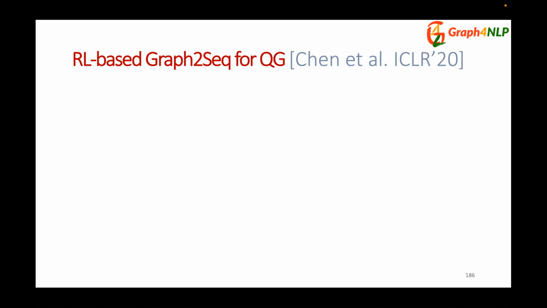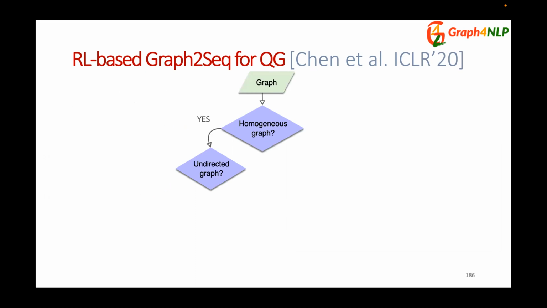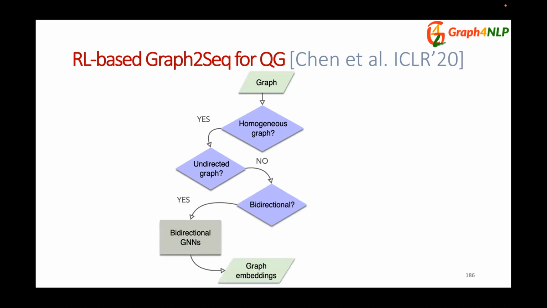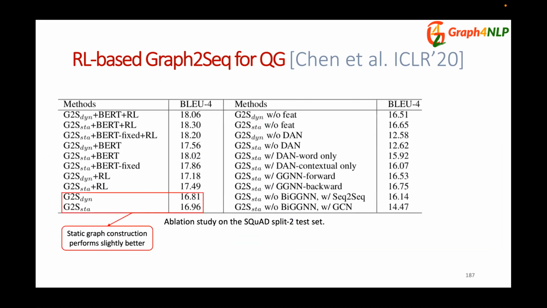And because the constructed graph is actually a directed graph, the authors applied the bidirectional GNN to encode the graph. Specifically, they introduced the BiFuse GGNN as the graph encoder. As we can see from the experimental results,